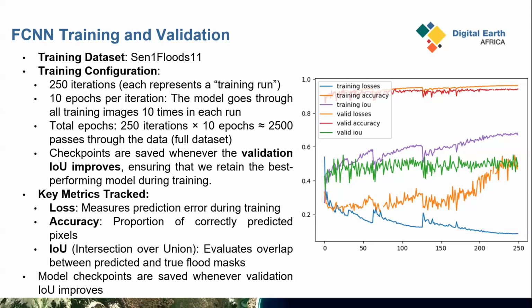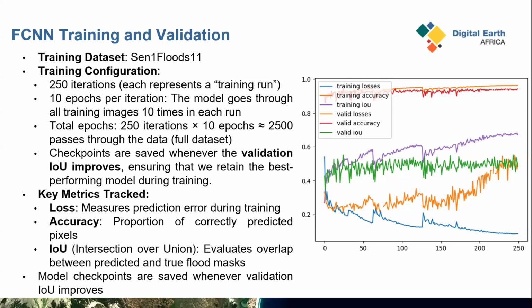Let me just take a step back and explain. So this is the training and validation notebook that I'm going to show. This is what you will see almost in the last cell, where you've set up your data, you've loaded it in, you've set up your loops to do the validation, to do the training, to do the testing, and now you're actually feeding the data through for the model to learn. And for the training we're using, once again, Sen1 plus 11, and you have the training configuration. You see mine is set to 250, and what that means is